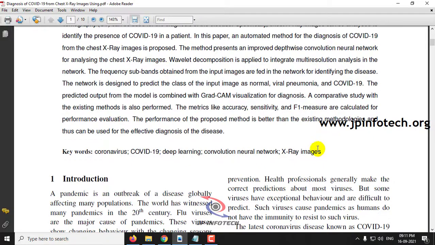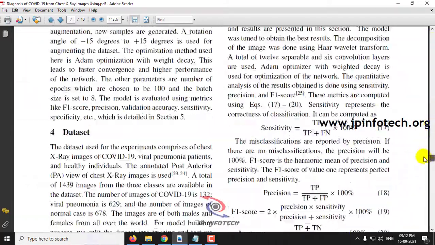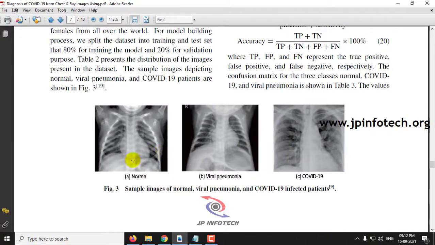In this project the authors have proposed a concept of identifying COVID-19 by analyzing chest X-ray images. The input images are classified into three classes: normal, viral pneumonia and COVID. Here you can see the samples of normal, viral pneumonia and COVID.